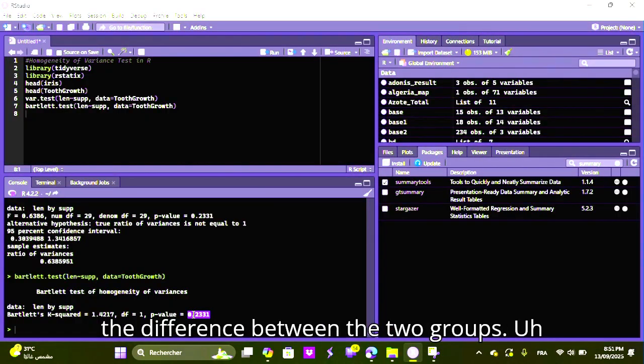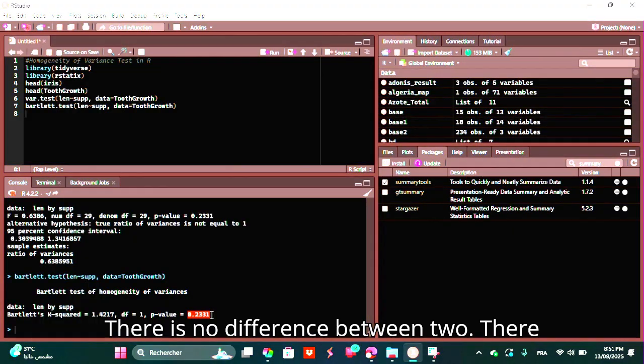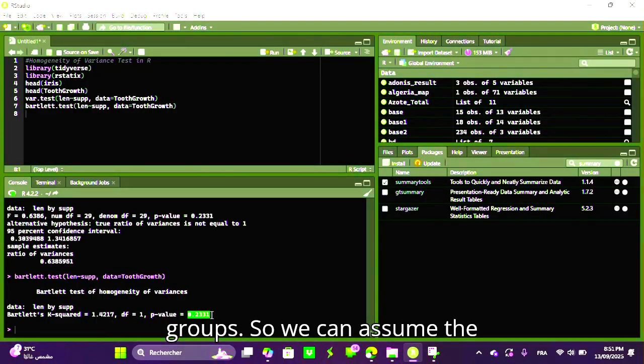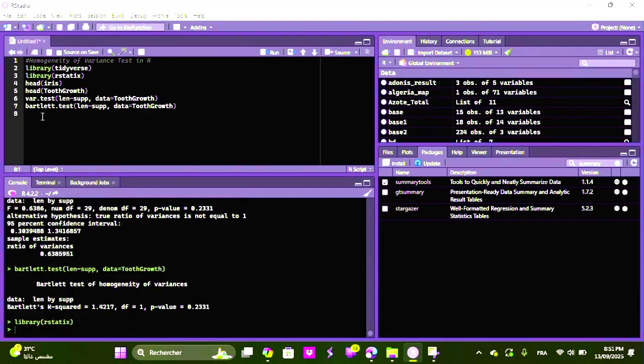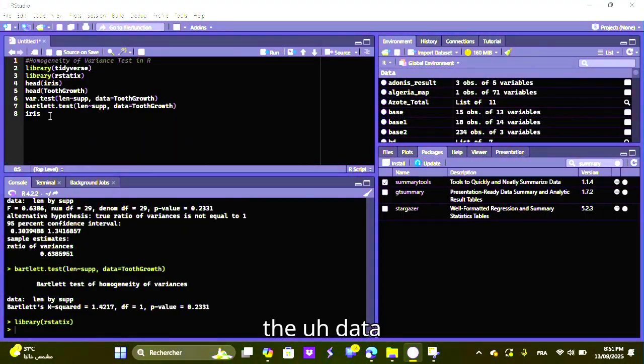So there is no difference in variance between the two groups, and we can assume the homogeneity of variance. So this is the Bartlett test and the Fisher test. The third test is Levene's test. We can use it when applying this package. First of all, we should write, for example, iris, which is the data frame,